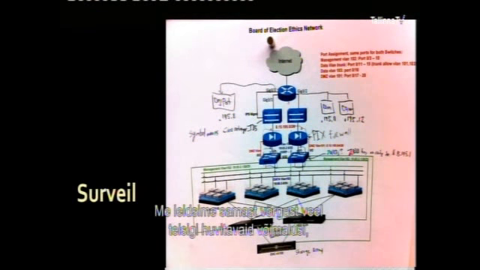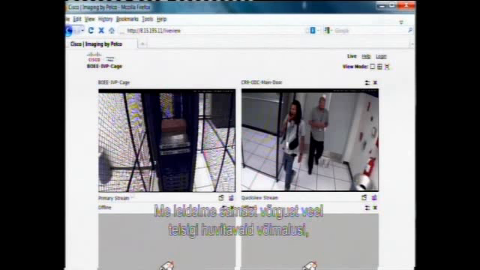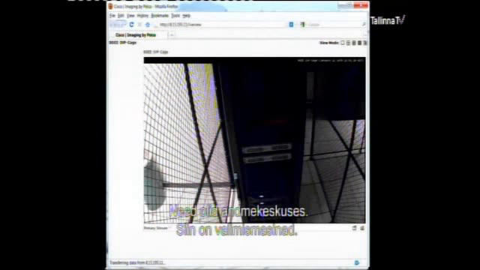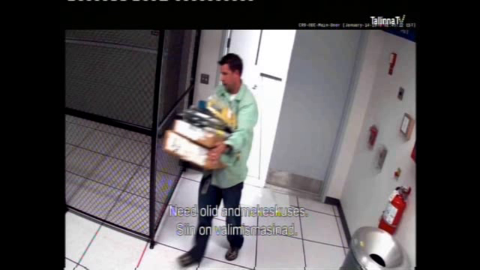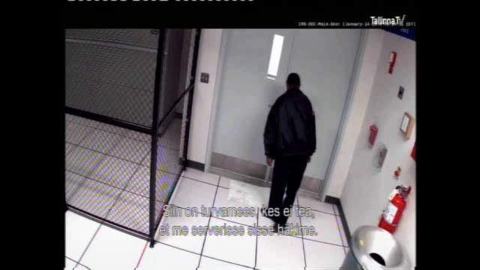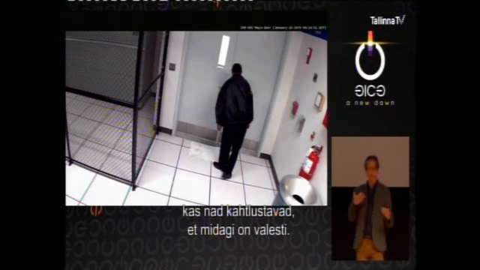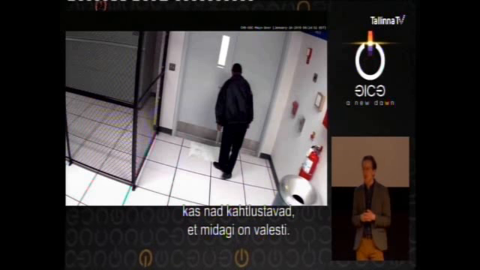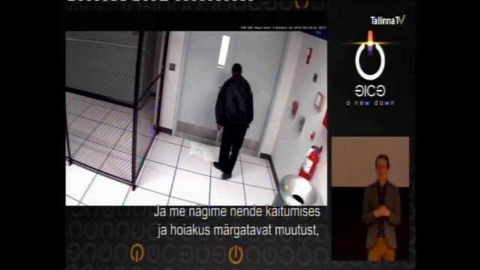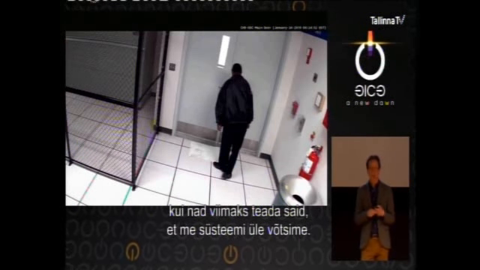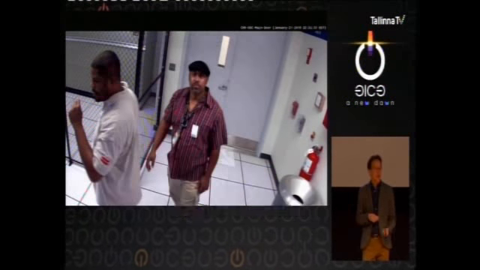We also found on the same network some other interesting devices, including a series of webcams in the data center that didn't have any usernames and passwords. So here are the machines that were running the election. Here are the workers. Here's the security guard. He doesn't know that we're hacking into the server. But this was actually very useful, because we could tell by monitoring these guys whether they were suspicious that anything was amiss. And in fact, we saw a marked change in their behavior, their posture, after eventually they found out that we had gained control of the system. They were not too happy.